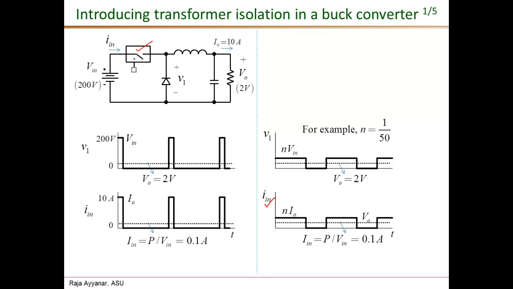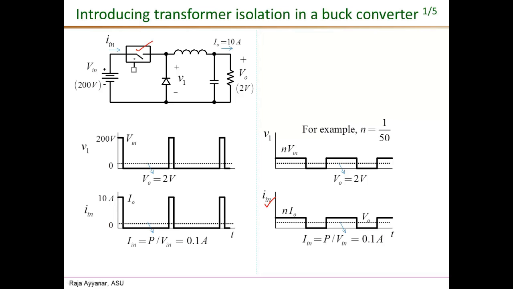And the second one was the switching losses, and it is for the same reason. During the switching transition, the voltage may still be 200 volts. It depends on the type of isolated version that we use. It can actually be more than 200 volts, but the current comes down by a factor of 50. Therefore, the switching losses would also reduce significantly. Okay. So we see that all the three issues that we saw with the original case have been addressed